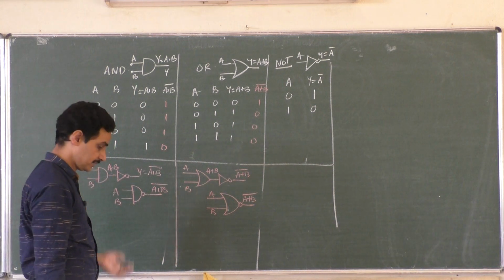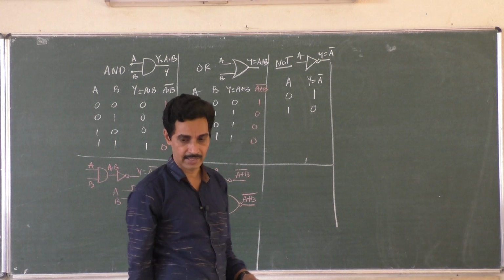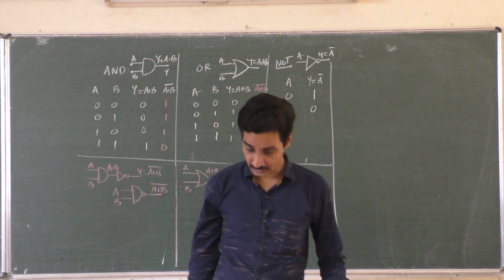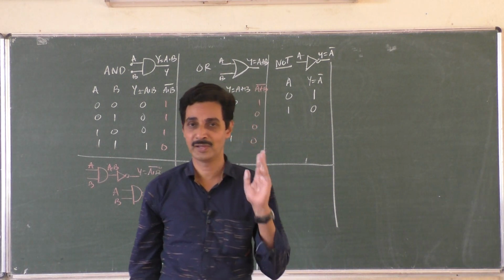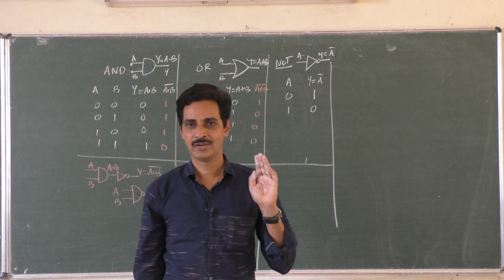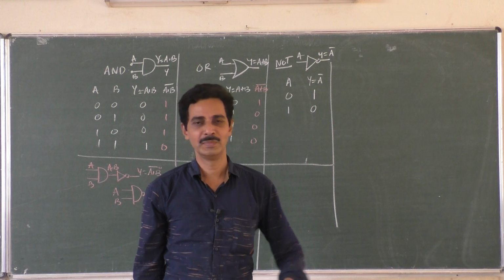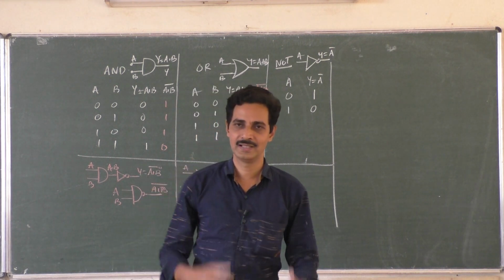Okay, these are all the things we have studied in theory class. Most of you might have studied this because your teacher might have told you that you must study this. Definitely you will get 2 or 3 more questions out of this, no doubt, either to write the symbol or to write the truth table, everything.